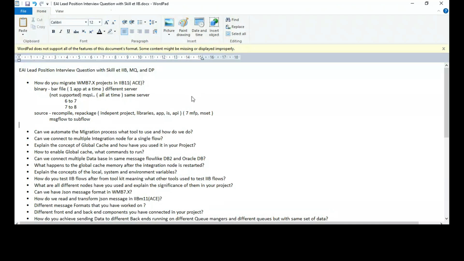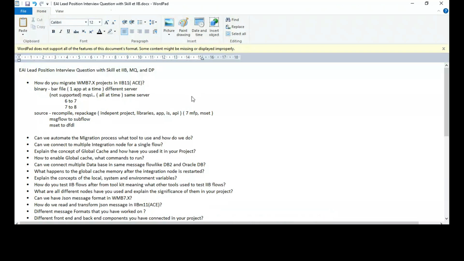Okay, so during this recompilation and repackaging of the projects that we have developed in 7, there might be chances where we might eliminate certain developed functionality from 7 to 11, or sometimes we might add additional functionality, right?